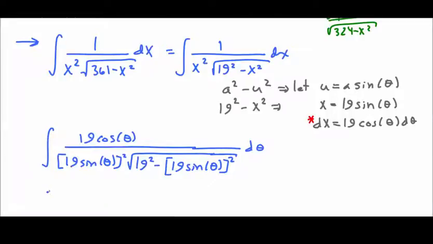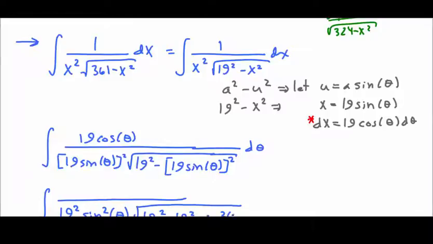There's a lot of simplification here. It looks like in the numerator there's not too much to do. In the denominator I have 19 squared sine squared theta, and then under the radical I have 19 squared minus 19 squared sine squared theta. Again, numerator not very exciting at this point, but hopefully we'll get something to cancel. Okay, rewriting again. It looks like I can start canceling a little bit here. This 19 will cancel with one of these 19s in the denominator. So I'll have 1 over 19